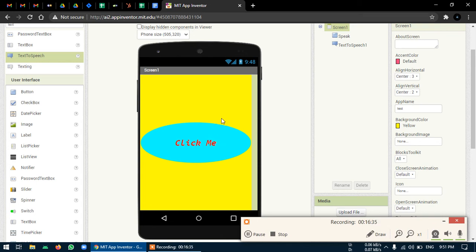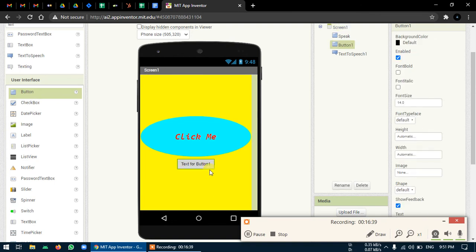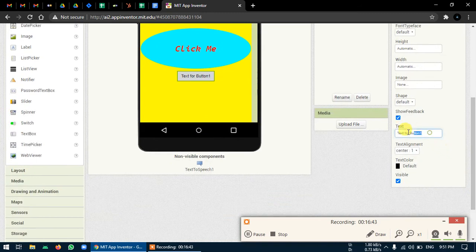So let me get one more button, place it just below this, and rename it by writing a text for this button: default. Whenever I click on this default button, it should make all the changes back to normal.